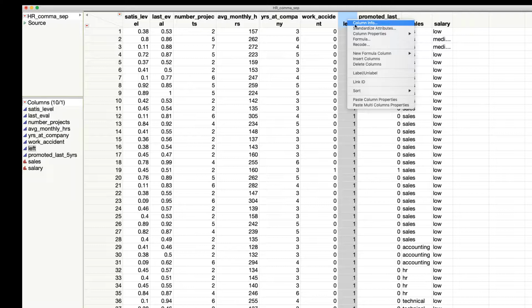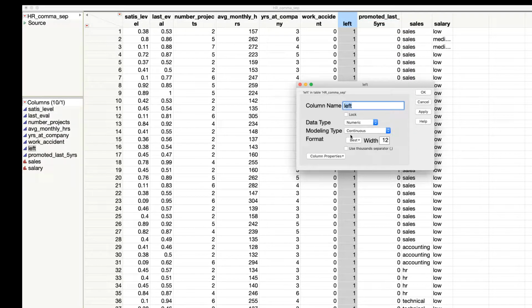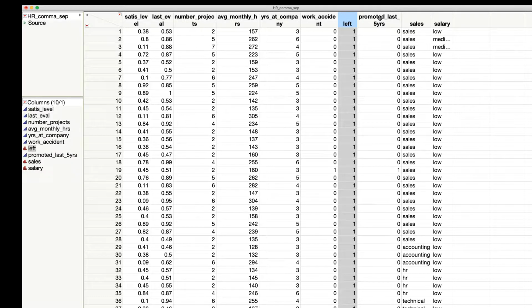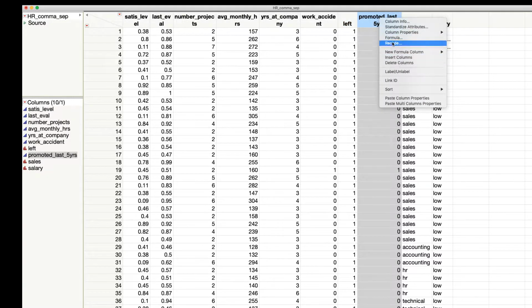So we're going to go into column info, and we need to change it from continuous to nominal. Nominal means it's a categorical variable where each category has a name. It's okay for the data type to be numeric, but how it relates to models is as a nominal variable. That is a categorical variable. And we have several. We have promoted last 5 years. And so let's change that